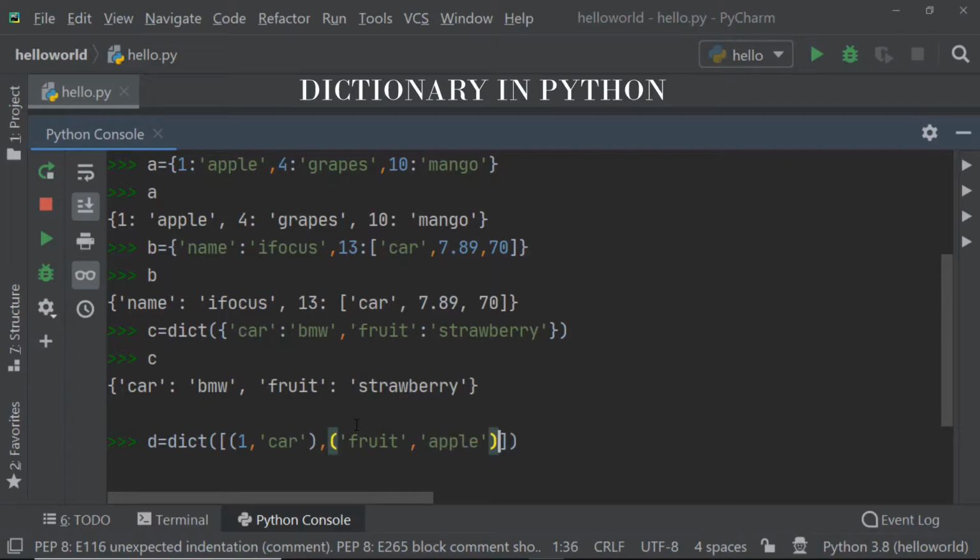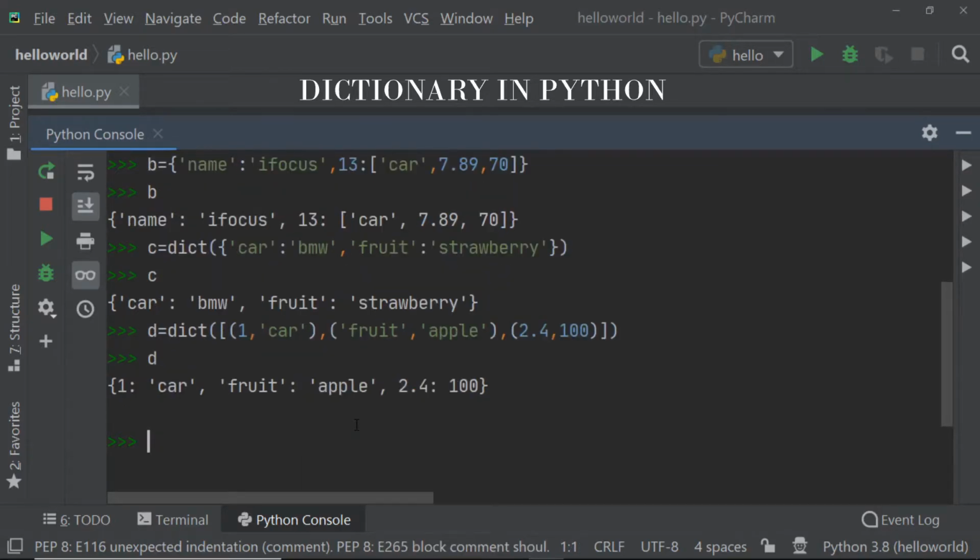And the third element again I have to give in a circular bracket. So I am taking the key as 2.4, and the value is let's say some integer number. Okay, now if I display D, if you observe here I have created a dictionary.